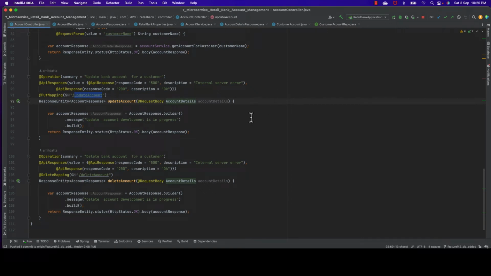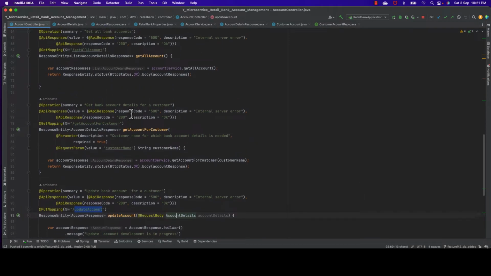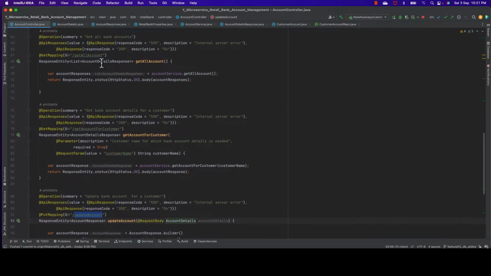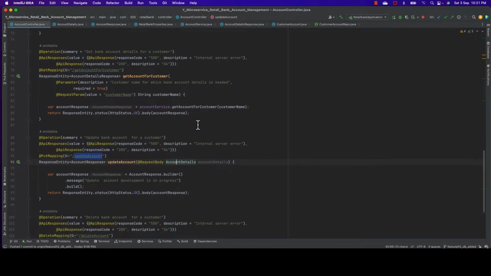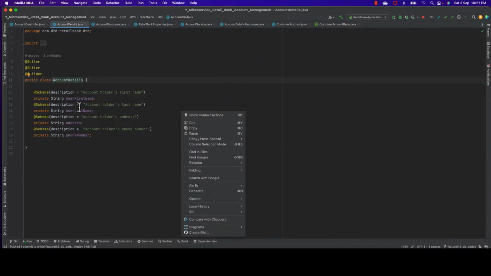Welcome back. In the previous session we implemented both of our get mappings, where we are able to get all the accounts and get the account for a particular customer. In this session we shall update the account. In that case our endpoint will receive account details